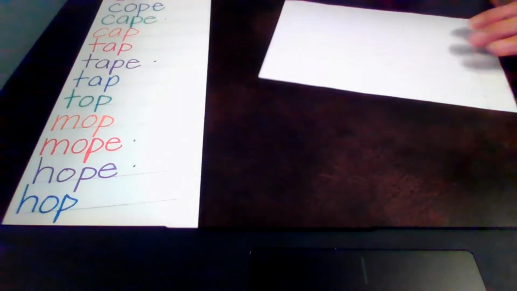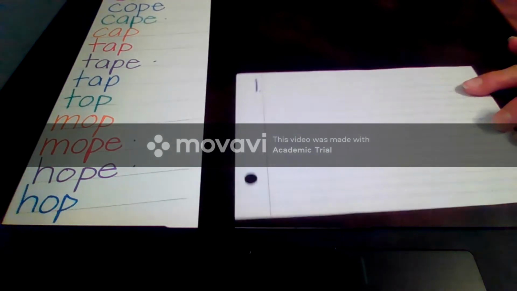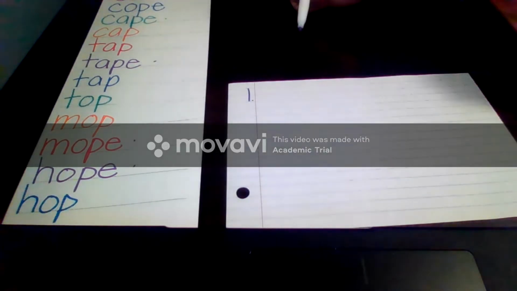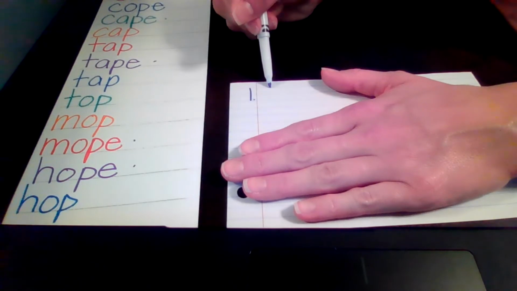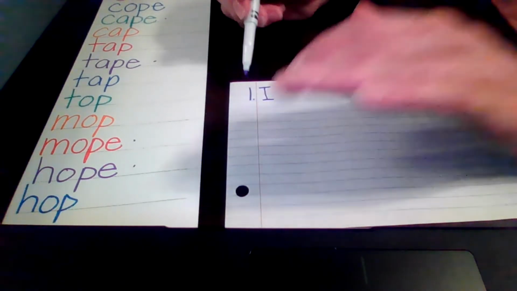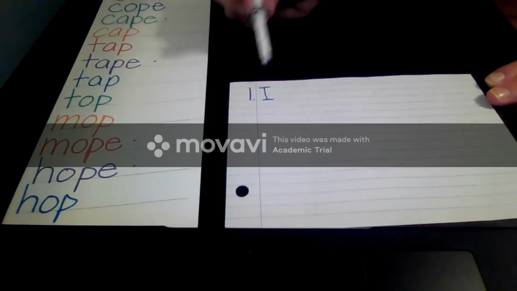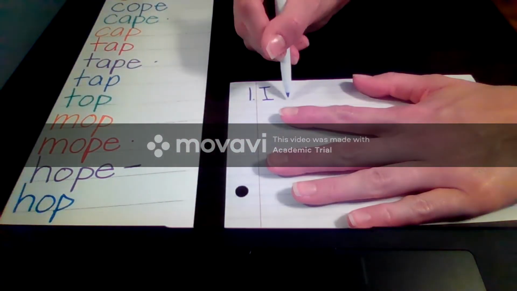So your first sentence is, so I'm going to write number one here. Number one is, I hope to tape my cape. So whenever we start our sentence, especially with the word I, we always start with a capital. So I, if it's all by itself, just the letter I, it is a capital. So I hope. We have hope right here. So